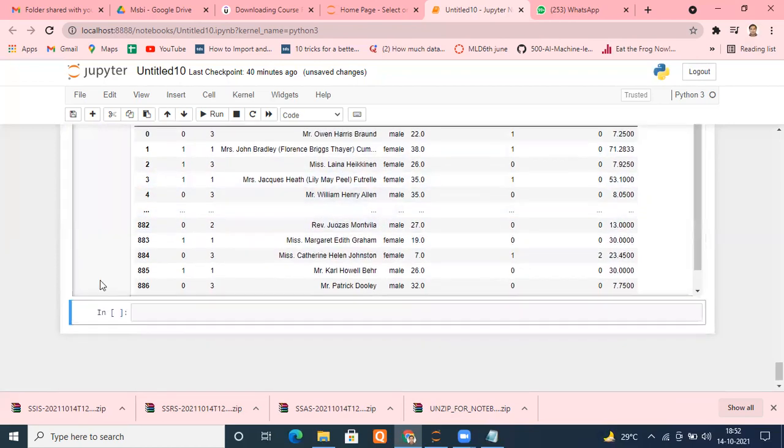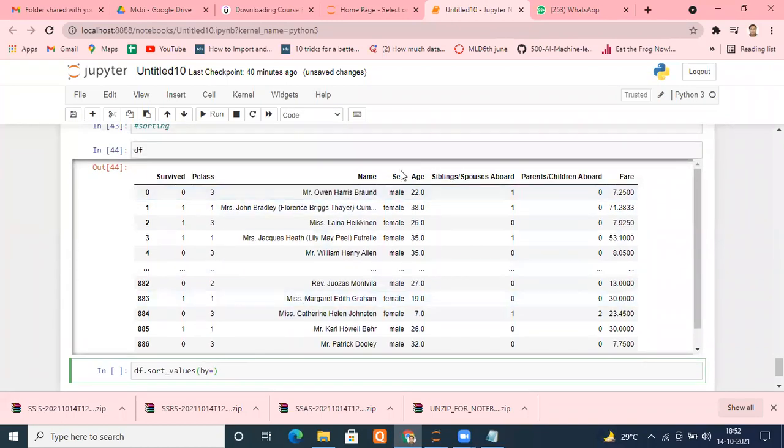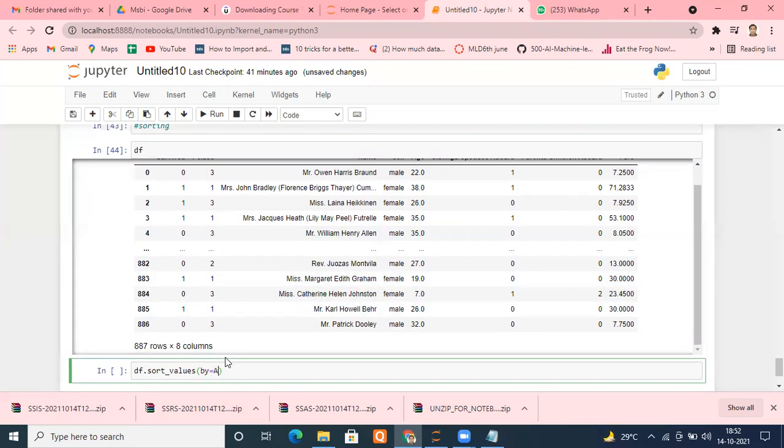What I can do is simply type df dot sort underscore values, and within that, you type the argument by equals to the column according to which you want to sort. Suppose age column. I'm just typing here age within a string, your column name.